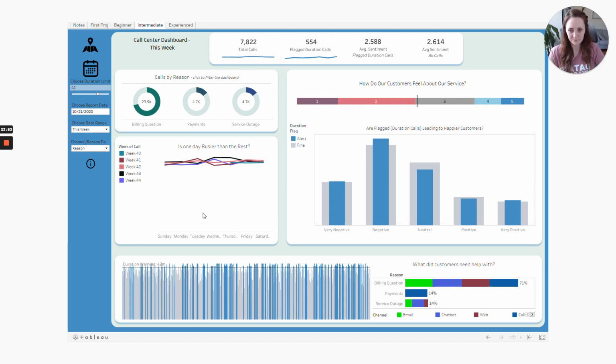Yeah, but in general, there's much more analytical flow from this dashboard than there was from the last one. Like we're going from the broad here, we're keeping sentiment together, and I think that this would just be overwhelming to be anywhere else on the dashboard because it's just so long. And then